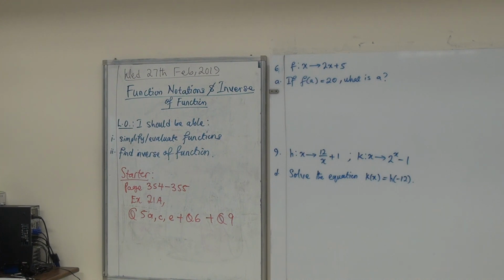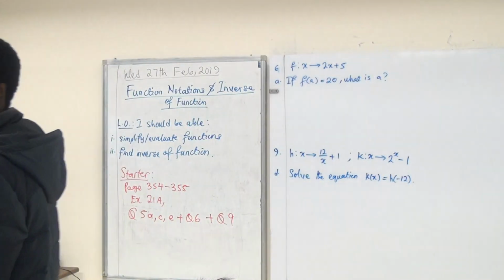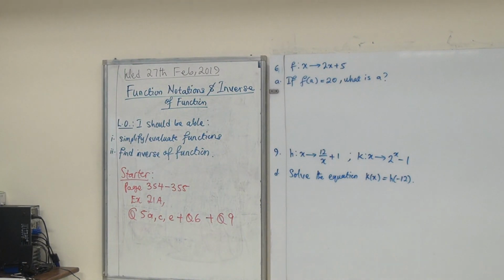What does f of a mean? That's the question you ask yourself. What does f of a mean? The function is not a, the function is f. 因为你这边是 a 嘛，你如果把 a 带到 x 这边，那等于20，就是解方程，就2x 加5a。